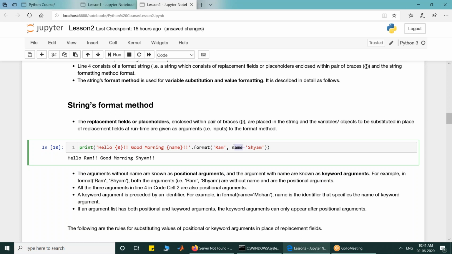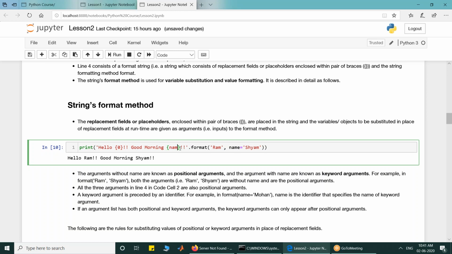Name is known as a keyword argument. So name is equal to Sham is the keyword argument to the format function, because there is an identifier associated with this argument. This name is replaced in the placeholder with the value. When I execute it, it will become hello Ram, good morning Sham.